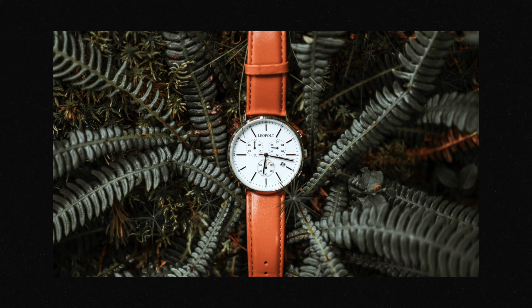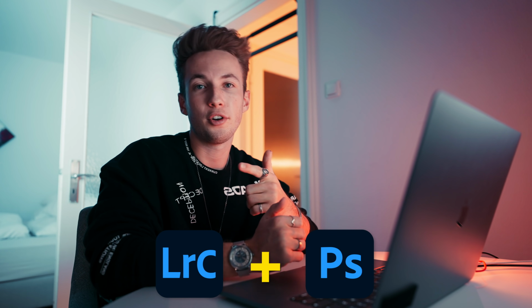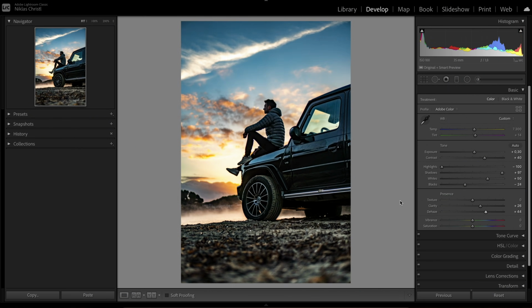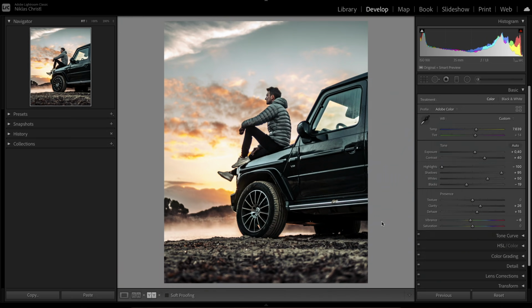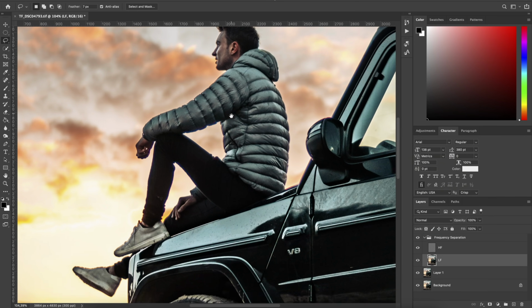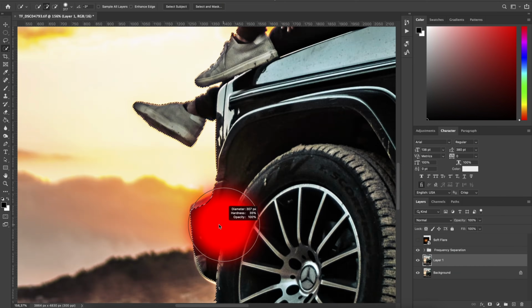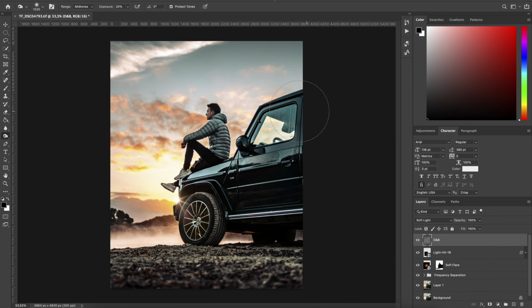So for all of the high-end photo edits that I do, which either land on my Instagram channel or go to a client or on my website, I edit them on my MacBook Pro. And I use both Lightroom Classic and Adobe Photoshop. In Lightroom, I do all of the color adjustments, the brightness adjustments, contrasts, and all that kind of stuff. While in Photoshop, I'm doing retouching, photo manipulation, cleaning up the image, and adding some other photo effects like flares, grains, and additional elements that you put above the normal edit.